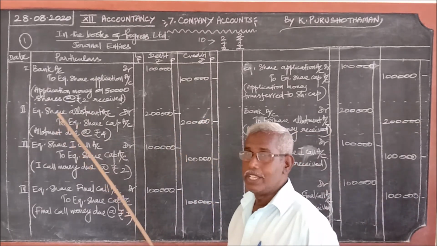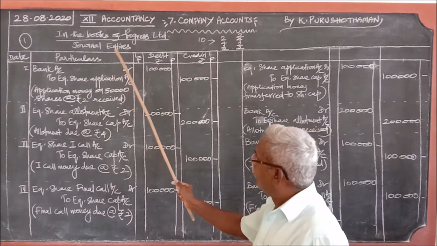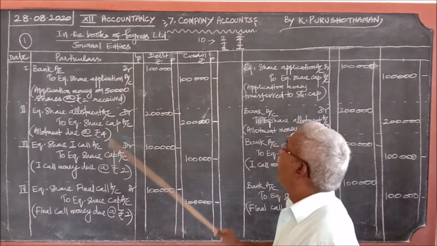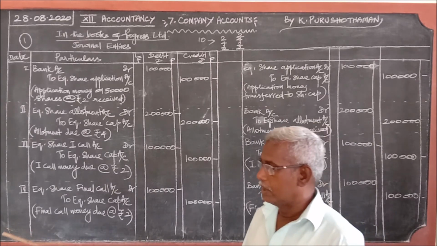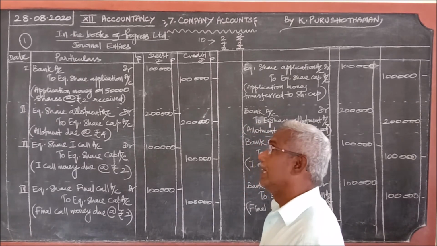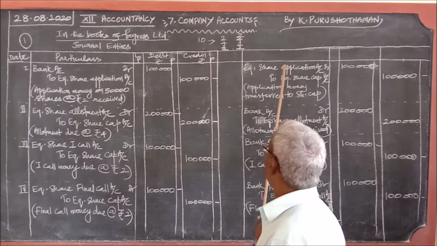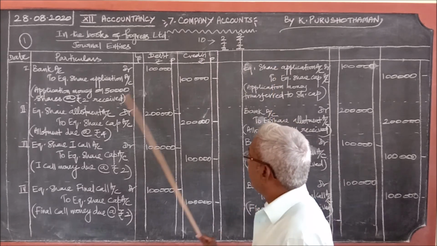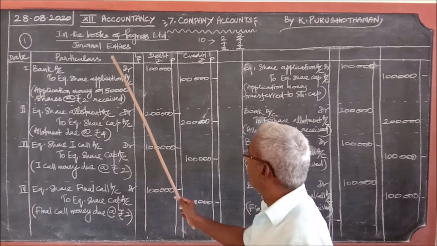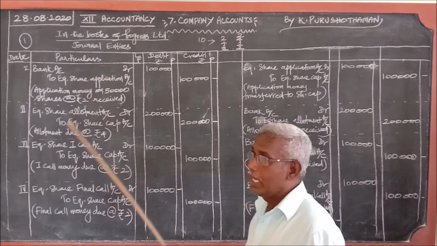There are not 8 journal entries, but only one journal entry. If you remember this, you can write all the 8 journal entries. I hope you are now freed from learning all the 8 journal entries. Just remember this first, and from this you can start writing the second, then you switch over. You transfer this here, you transfer this here for allotment. The same thing for the rest, and that is why I say